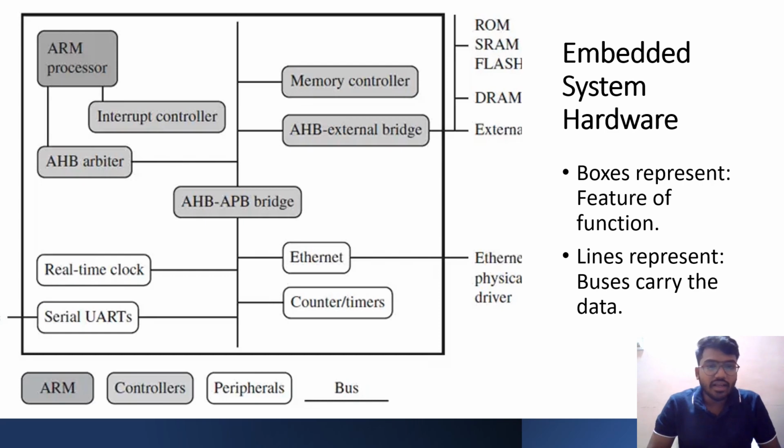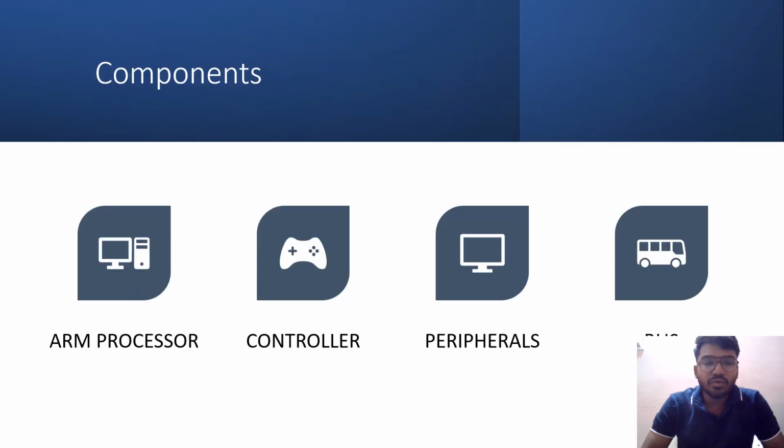Embedded system hardware. These blocks are like ARM processor, interrupt controller, AHB arbiter, Ethernet, real-time clock, memory controller. These blocks represent the features or functions. Lines represent buses that carry the data. So you know what the components are: ARM processor, controller, peripherals, buses. Moving to the next slide,